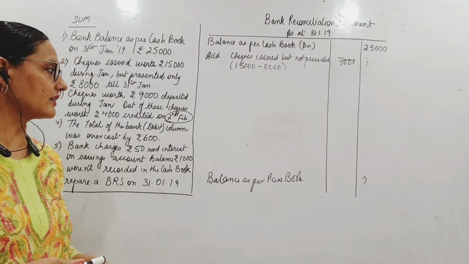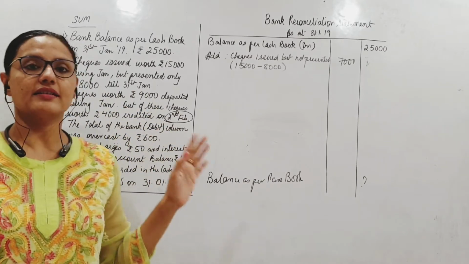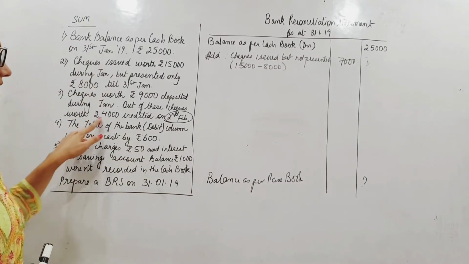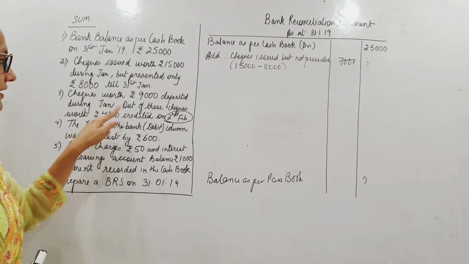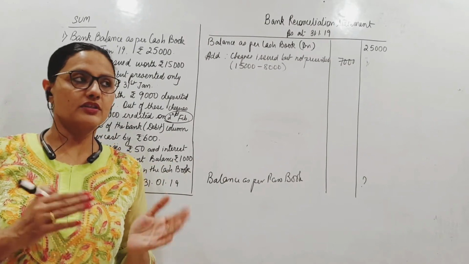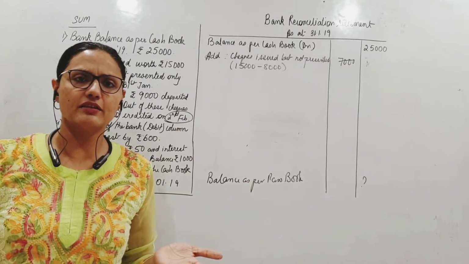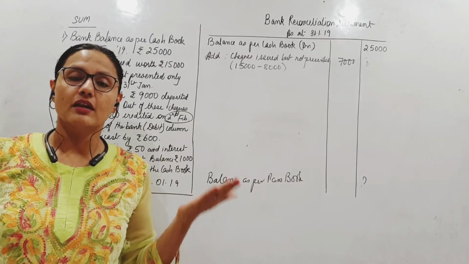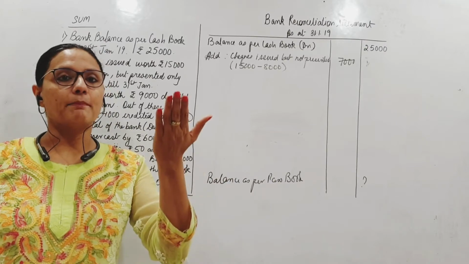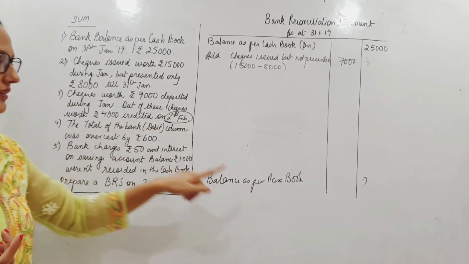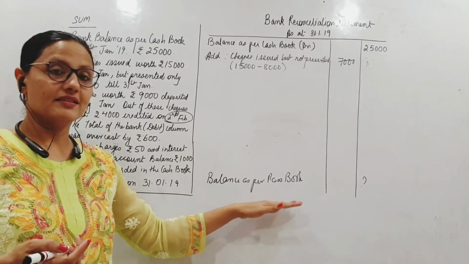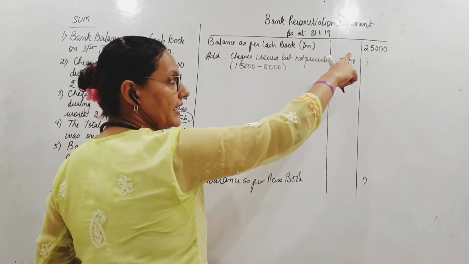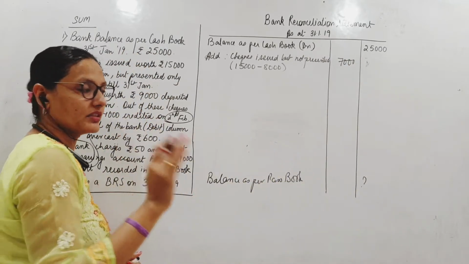31st January तक not all checks have been credited in the bank. How much was not credited is causing the difference. ये जो बाकी का जो 5,000 है जो मैंने डिपॉजिट किया और वो क्रेडिट भी हो गया, that is not causing the difference. 5,000 up in cash book, 5,000 up in passbook, no difference. But it should have gone up by another 4,000. What? The passbook balance, isn't it? That means it is less. If this is less, I will have to subtract. My cash book balance is more by 4,000.